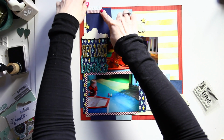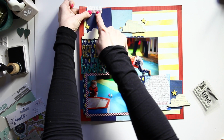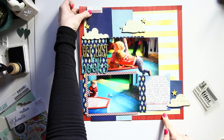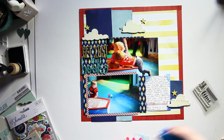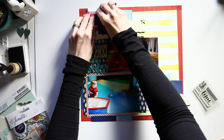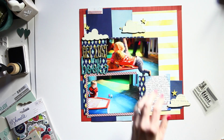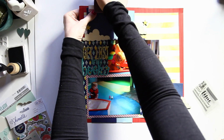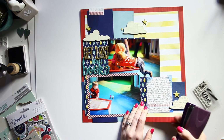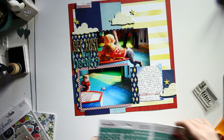And then I think just to have a little bit of a different detail, I'll staple this in between the date and the red, and then I'll bring my stapler back down here where it's just going to be for show, and I'll add a couple little staples here to make it coordinate. Maybe just one staple actually. Yeah. What I'm going to do is bring in these letter stickers that I just barely used and run them